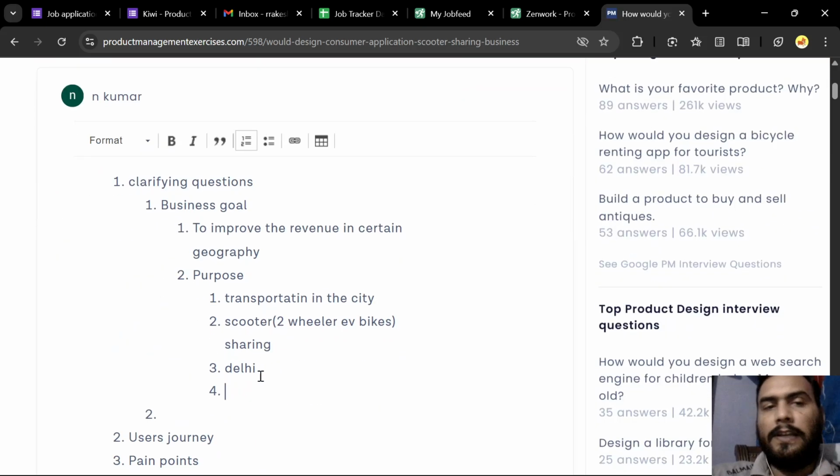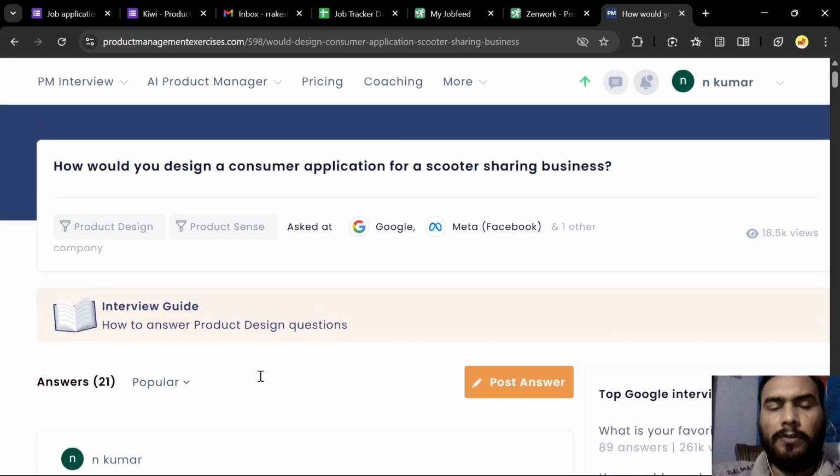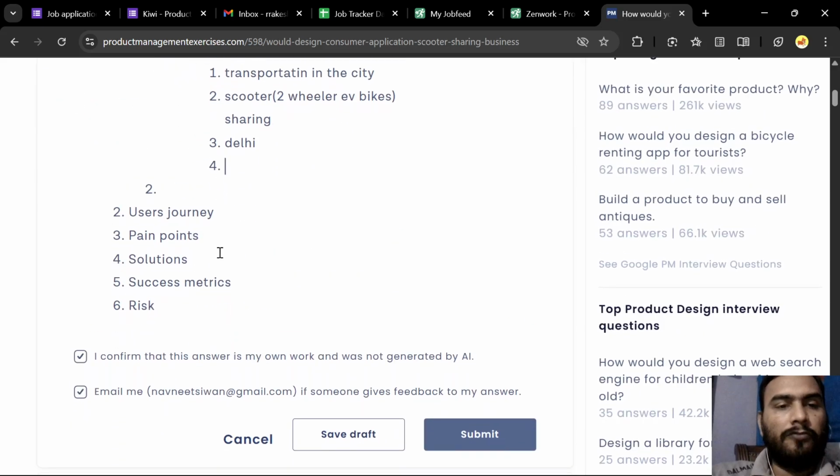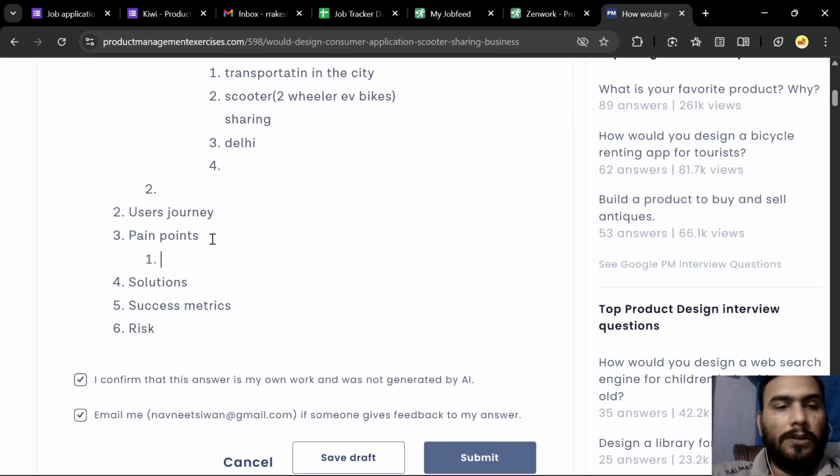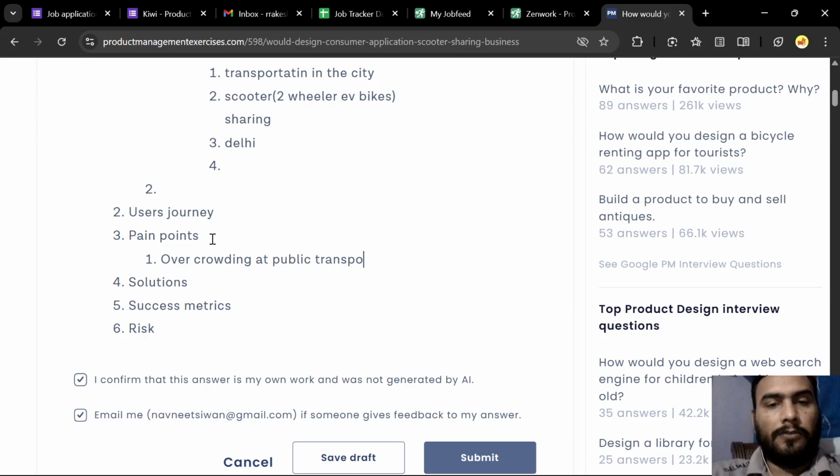We have chosen the city Delhi, and I have described some of the pain points. We'll move into pain points when we describe them here. I can write it down. Efficient, let's say, right, overcrowding at public transportation,